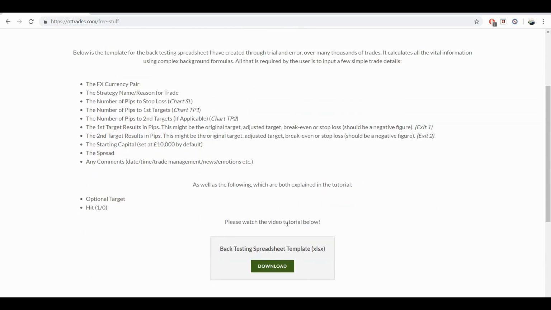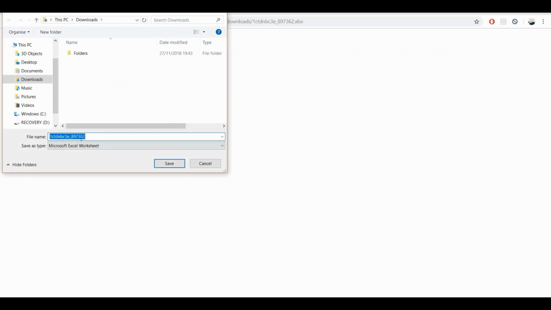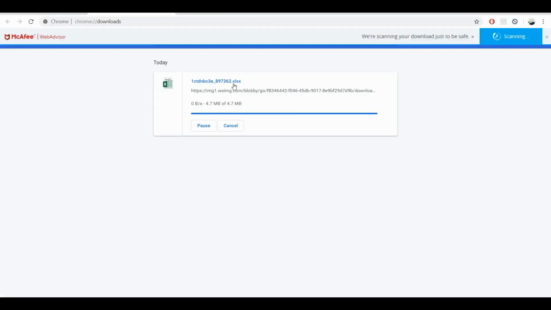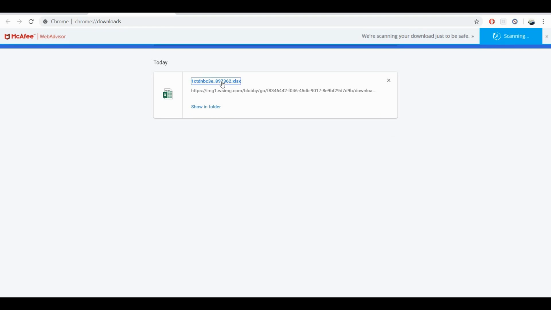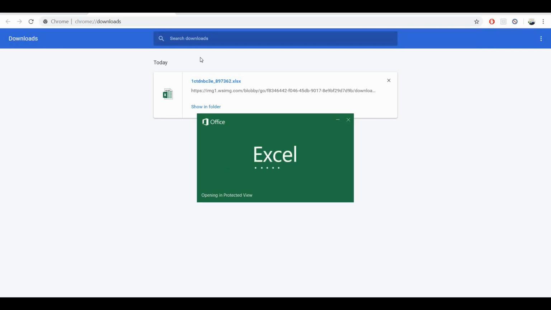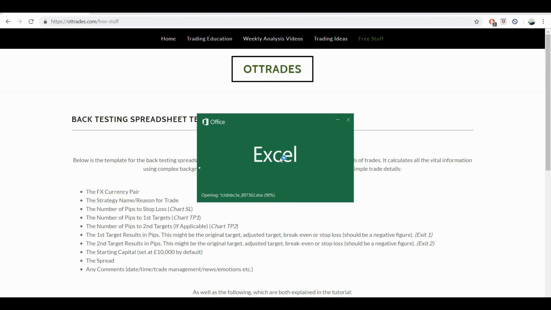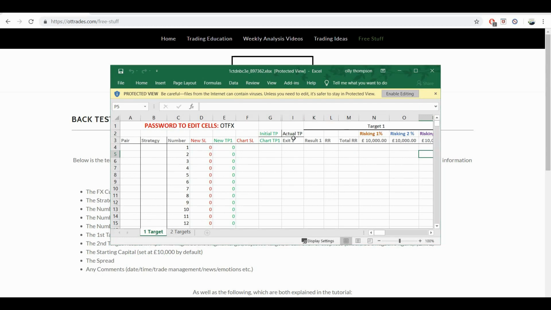So here, please watch a video tutorial. I'll leave this video below here, so there should be a video box just beneath this download button. So go ahead, click download. I don't know why it saves it as this weird name, but save it wherever as whatever you want. Just click save there. Go ahead and open that up. Enable editing,